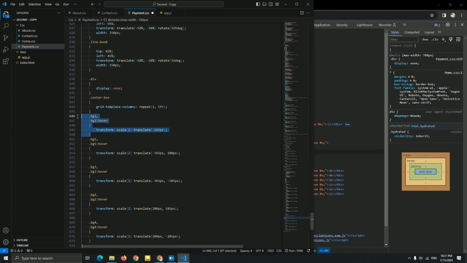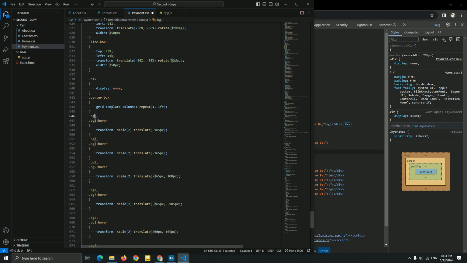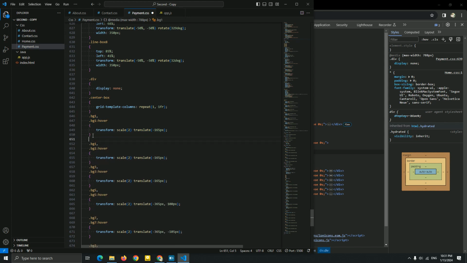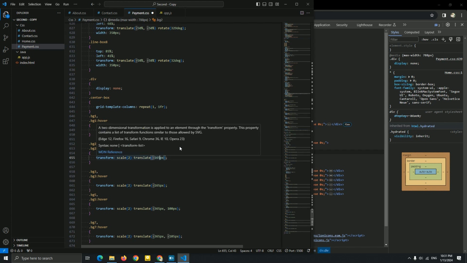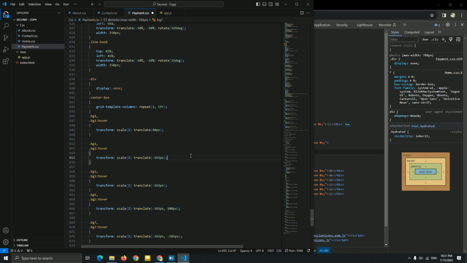I'm gonna first start with BG1 and BG2. This is a BG2 and this is a BG1. So for this BG1, I'm gonna add 40 pixel. Okay, let's go to the next. BG2, however, I'm gonna add, let me see, let me just add this. Okay, 117 pixel, and this minus 137 pixel. Okay, this is good.